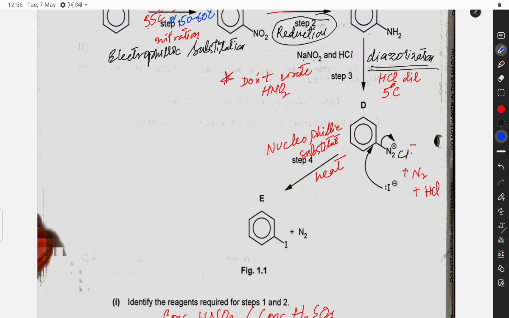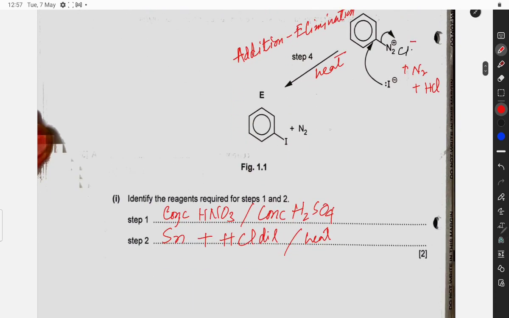Now over here, iodobenzene. You know that this is a type of nucleophilic substitution, but we cannot simply say this is nucleophilic substitution. This bond is broken over here. The curly arrows are showing that the iodide ion is substituted over here, but this is addition, and from here nitrogen is eliminated in this reaction. You can say this reaction is an addition elimination reaction, plus nitrogen, and on heating it gives